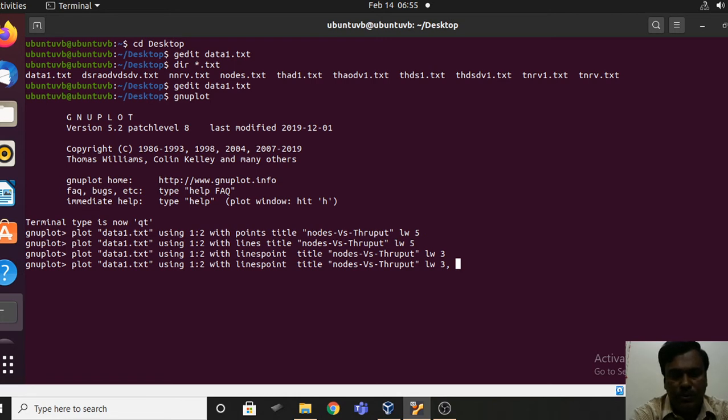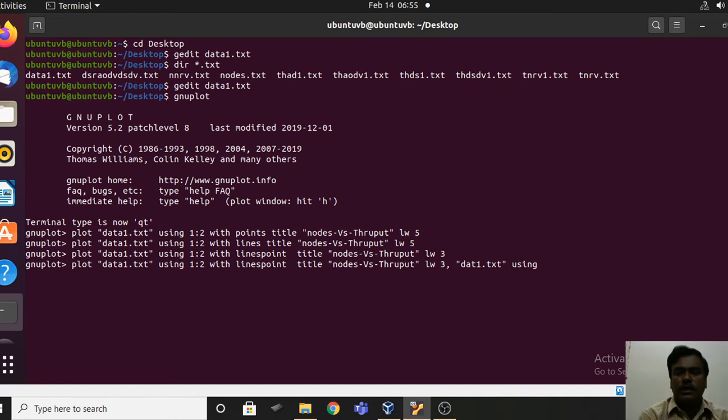You just need to use the name of the file from which you are taking that data. So from the same file, that is data1.txt, I want to plot the graph column 1 versus column 3.